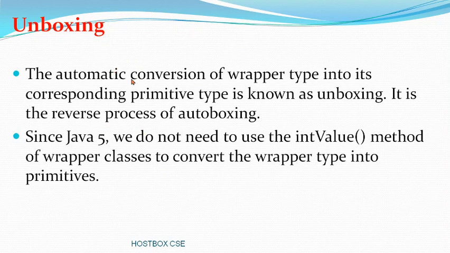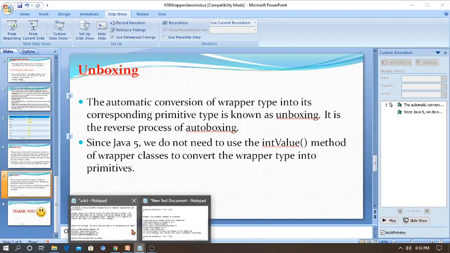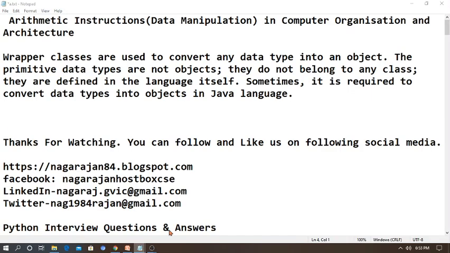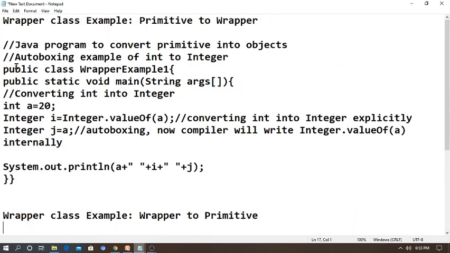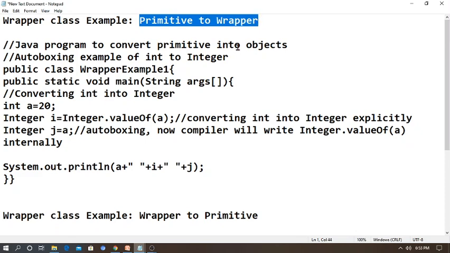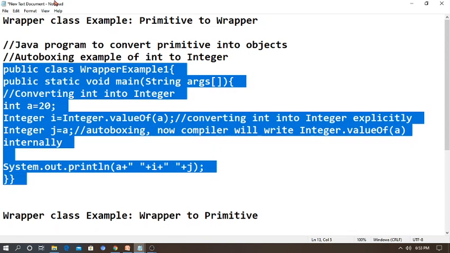Let's go for examples so you can clearly understand. Small example program here. I am going to show a demonstration on an online compiler. So here I have a wrapper class. The program motto is converting primitive type to wrapper class. So I am writing an example of autoboxing, a small example where I have to convert int to Integer. I am writing public class WrapperClass1Example1, then public static void main(String[] args), and then I want to convert the int into Integer.